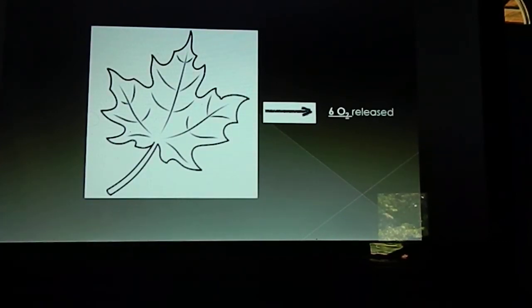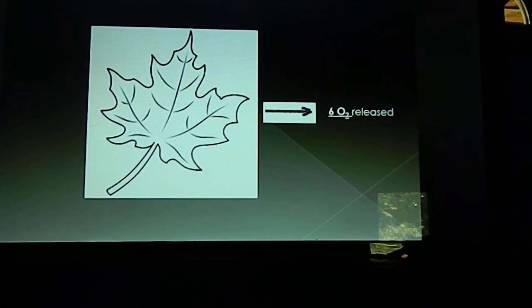And so once the glucose is made, the glucose is then sent down to the roots to be stored or utilized by the plant to do work, right? Or for the cells to do work. The remaining oxygen